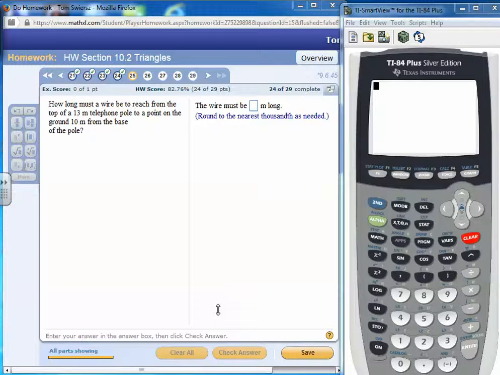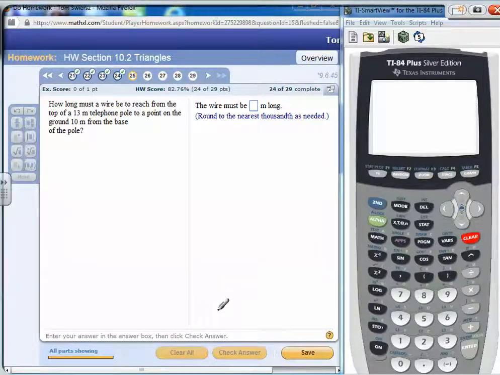Let's solve homework exercise number 25 from section 10.2. How long must a wire be to reach the top of a 13-meter telephone pole to a point on the ground 10 meters from the base? All right, so we have our